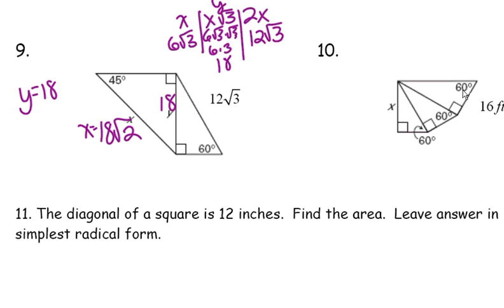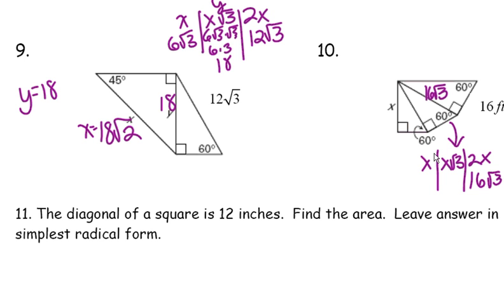Moving on to 10, we need to find the long leg of this 30-60-90 right triangle right here. Unfortunately, what we know is the short leg of this one right here. So if this short leg is 16, then the long leg is going to be 16 radical 3. That long leg of this triangle is now the hypotenuse of the middle triangle. So the hypotenuse of this triangle right here, x radical 3, 2x, is going to be 16 radical 3,